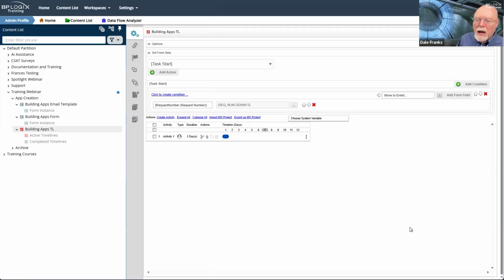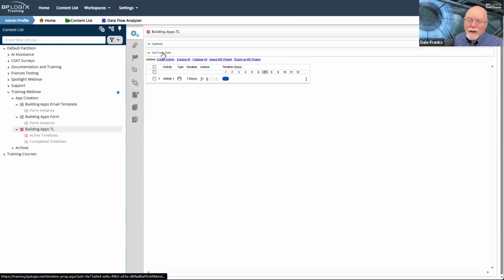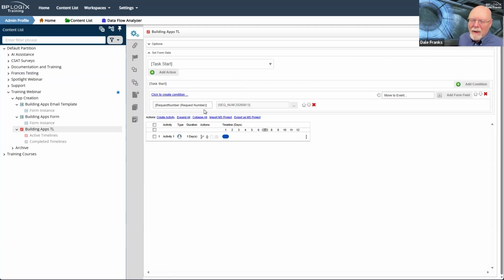That will change the request number field on my form. That will in turn add the request number, the sequence number, to the instance, the title, or the form instance title, to customize it so that I'll have something unique to search by whenever I look for it in a knowledge view. So I can do it this way, and this is fine. That's going to work, and I never have to worry about it again. Every time activity 1 starts, this is just going to run. And great, we're happy with that.